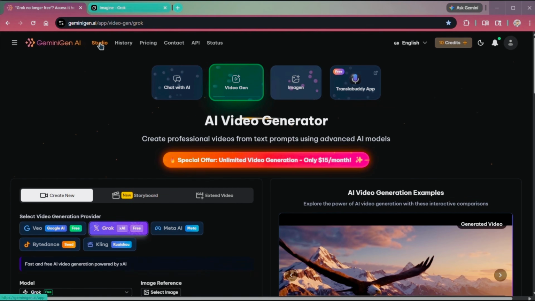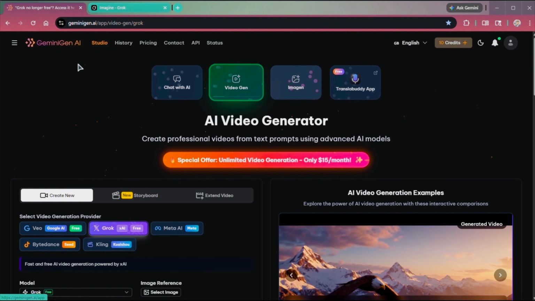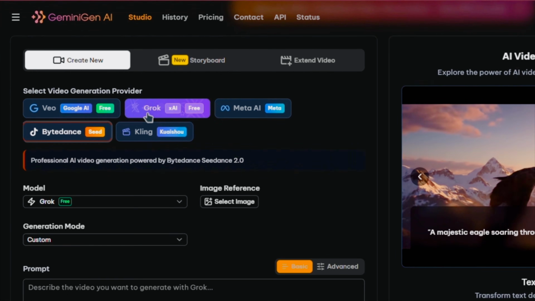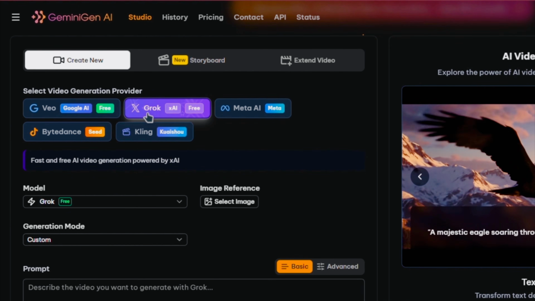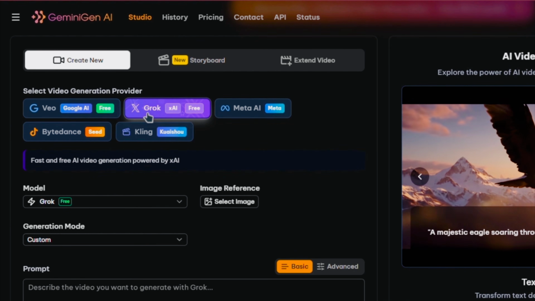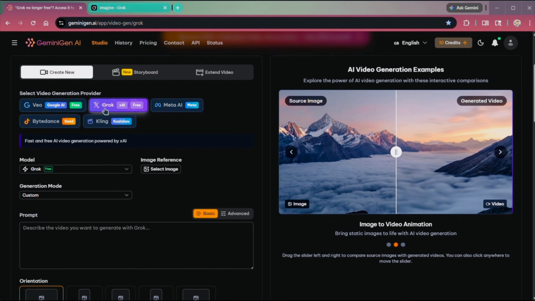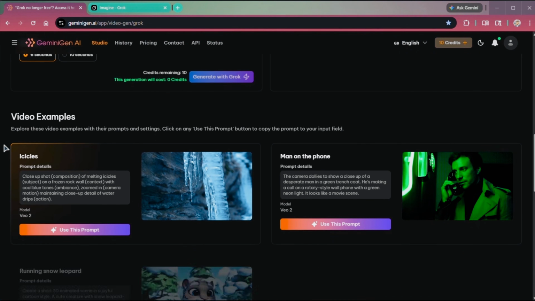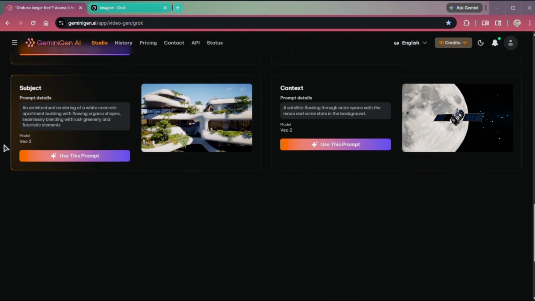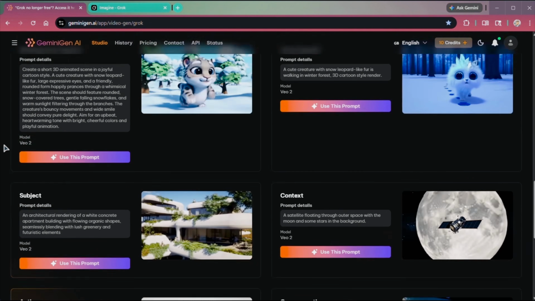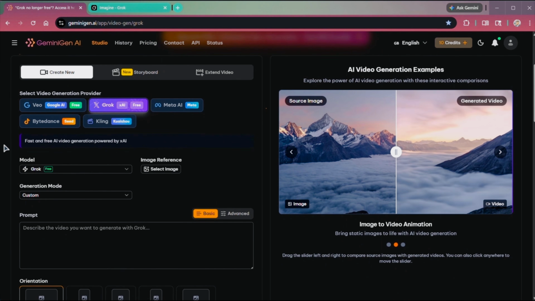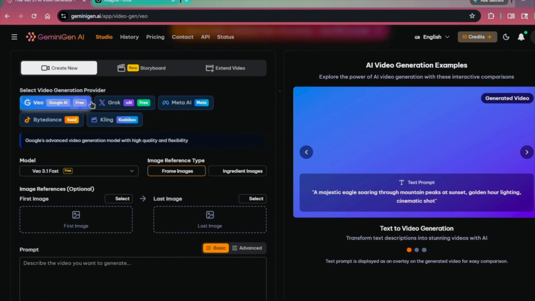Once you are inside the studio, this is where you will be able to choose from a bunch of different AI models. That includes things like Grok, Imagen, Veo and sometimes other strong models too. Now here is the important part. This platform rotates which models are available for free. And in a lot of cases you will notice that the generation cost updates to 0 credits. Once everything is set correctly and the cost shows 0, you can go ahead and generate.